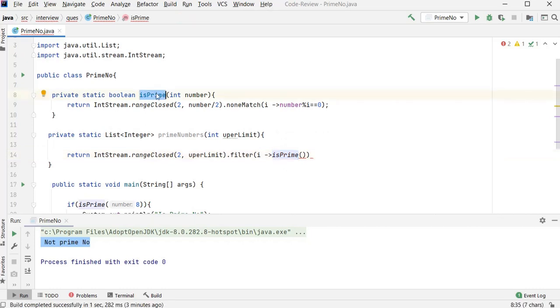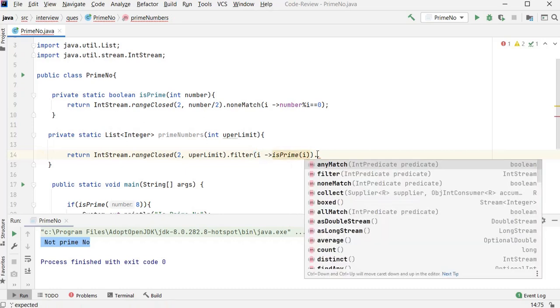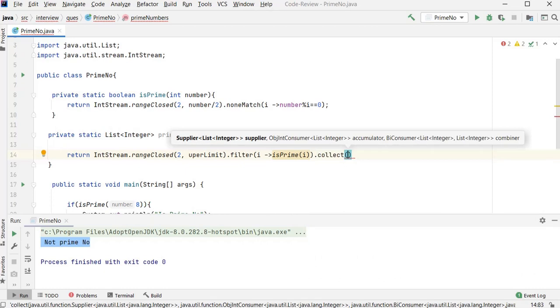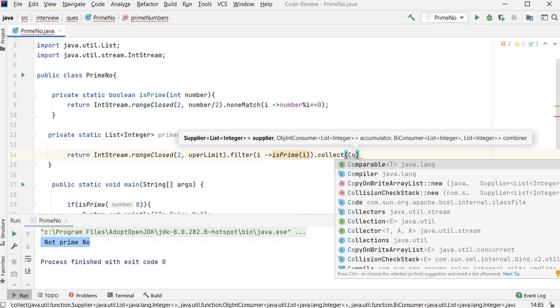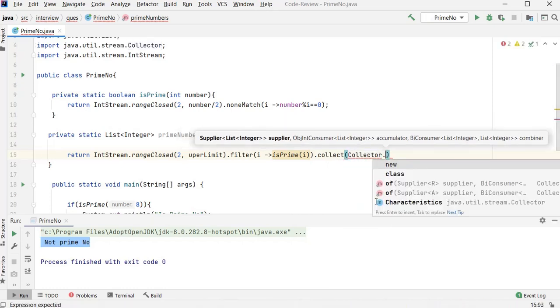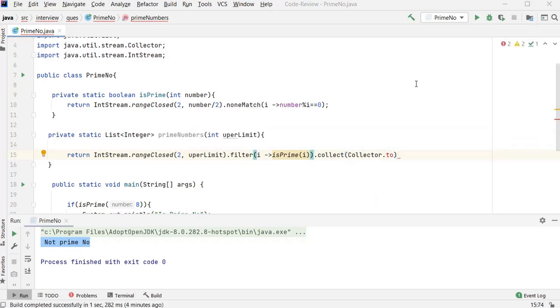It will return true or false for the given number. So I'll pass i inside this method, and then I'll use collect, and from the collect method I can use Collectors, and I want to wrap it inside toList. So I can use the toList method.